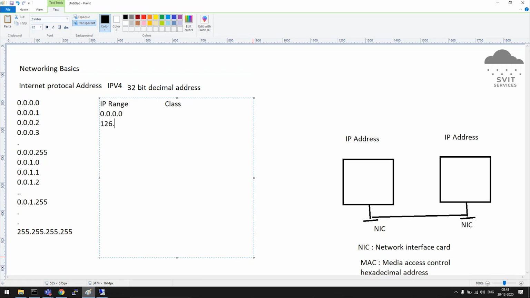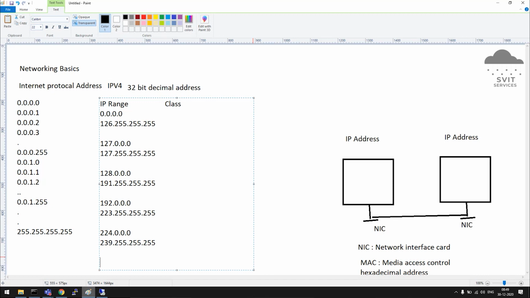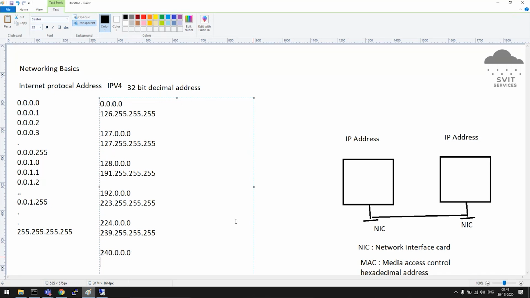Until 126.255.255.255, then 127.0.0.0, the last address 127. These many classes are there.